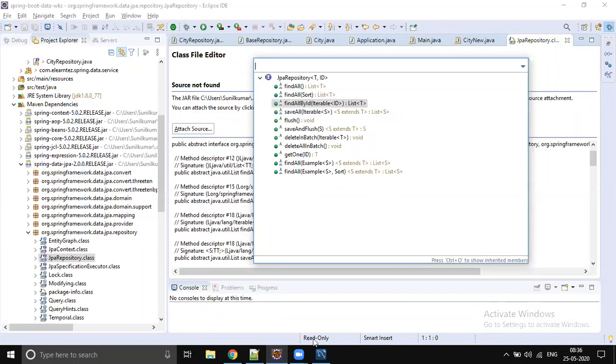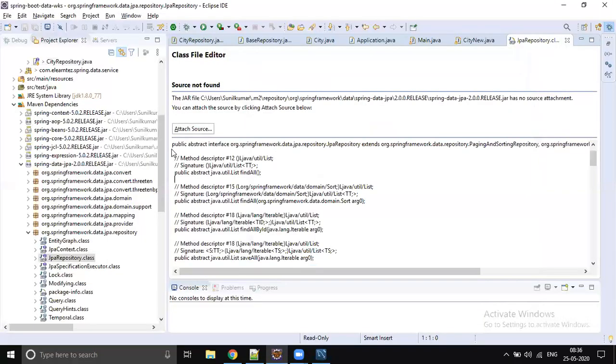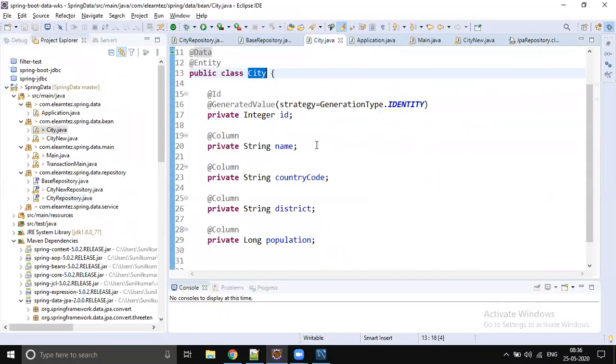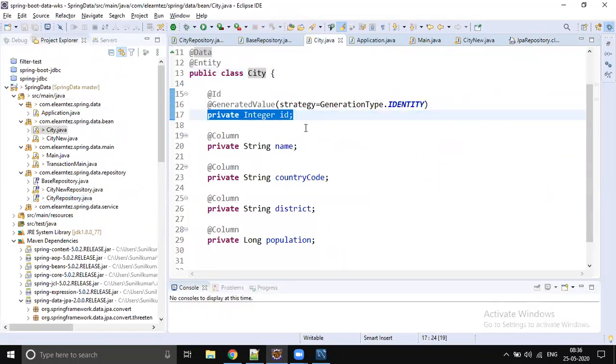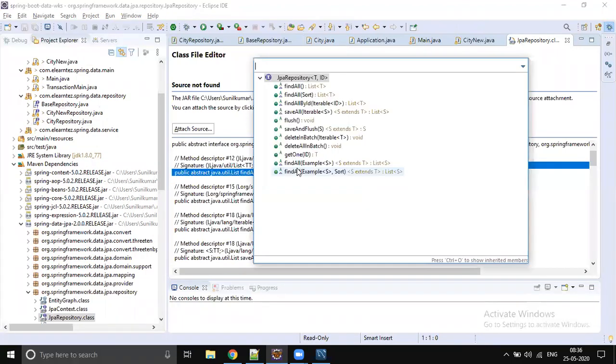Okay. So for example, let's go to the database and see the city table. I think it's the one we wrote for city, right? So yeah, city has so many columns. Right now, the only possibility is we can get city by ID. For example, if you would like to get city by country code, how is it possible with the predefined methods? Data JPA has only find all, find by ID, find one, get one by ID. So only these methods are there.